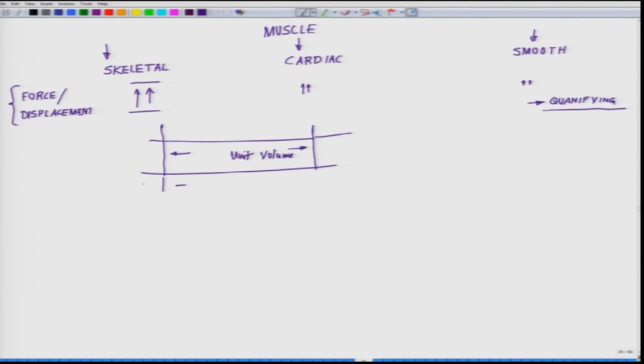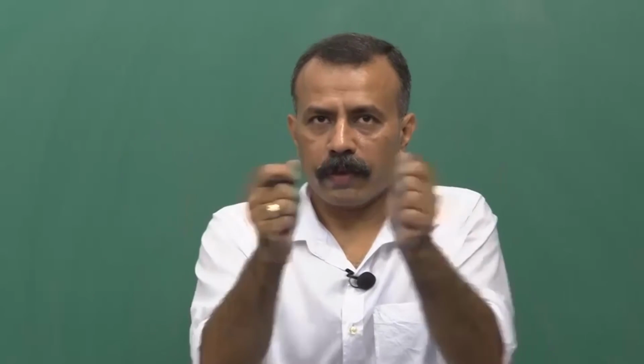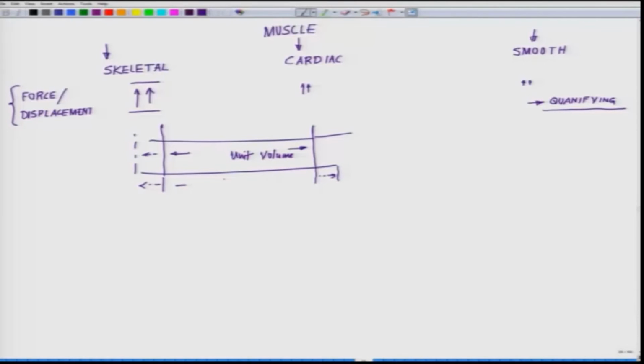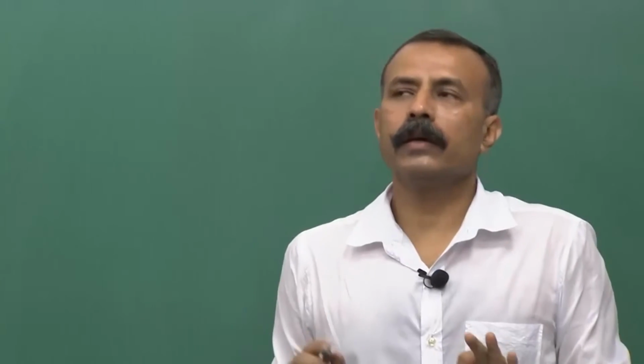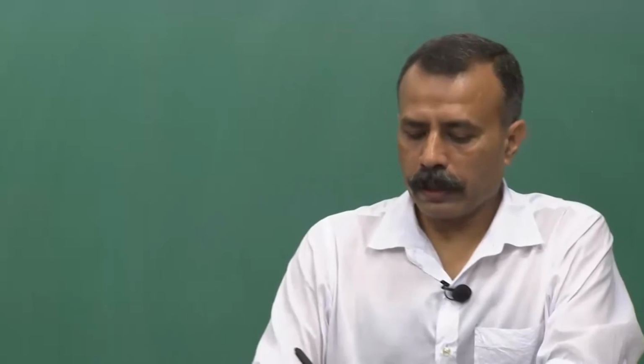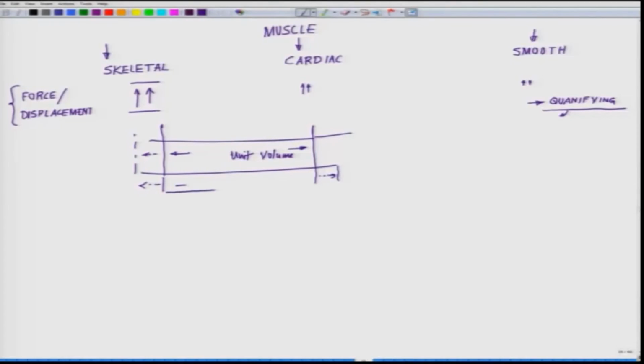You can see how much it is stretching. These dotted lines show that you are stretching the muscle like this, and you can calculate the amount of displacement and force, and of course you can quantify it. But this does not tell you anything about the structural detail of the muscle,